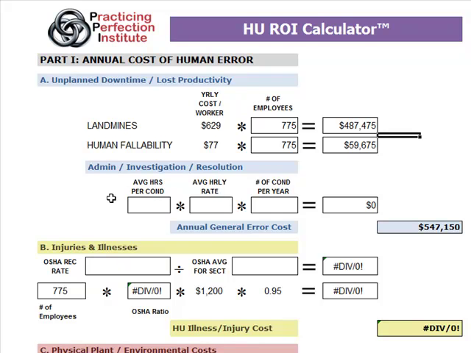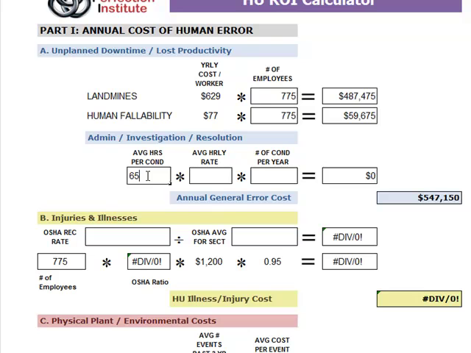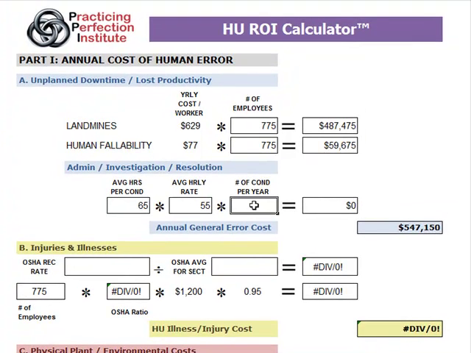So let's say that in your organization, when you have one of these things, you spend an average of 65 hours between investigation, administration, and resolution. The next block is for entry of the average hourly rate of the folks involved in administration and investigation. So let's put $55 per hour in there. And then you want to look at your own data and ballpark the number of conditions you typically have per year that get investigated. Let's say in this example you have 4 of those. So again, it automatically does the math for you. So then you can see here section Alpha of part 1 comes to a total of